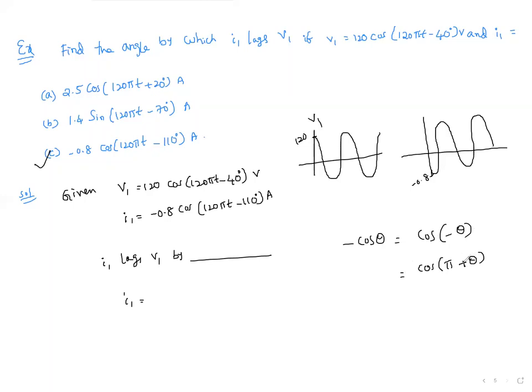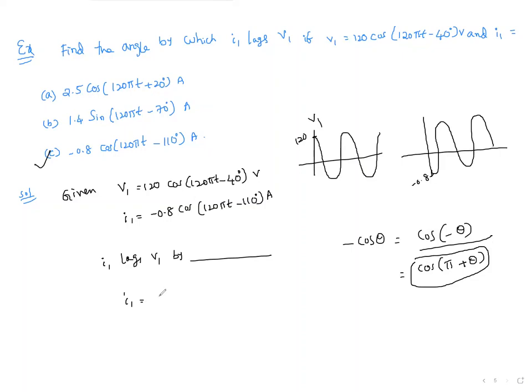Why I'm writing plus minus theta, you can also write it. But the problem is cos minus theta, pi minus theta will give you this inside 120 pi t will become negative, then time will become negative. So I prefer always positive. Even if I choose this, it will go entirely this time index as a negative index. So I'll prefer only this conversion.